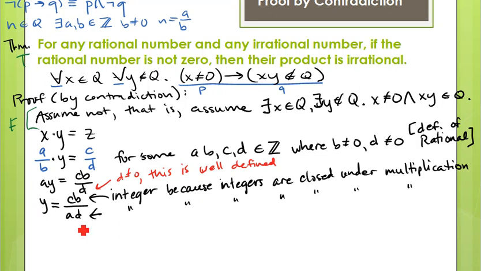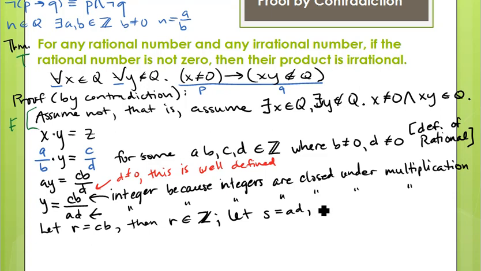Okay, and we also know that this denominator is not 0. Now, for convenience, I'm going to give a name to the numerator and a name to the denominator. So let's let R equal CB. Then R is an integer. And let's let, say, S equal AD. Then S is an integer as well. And S is not 0